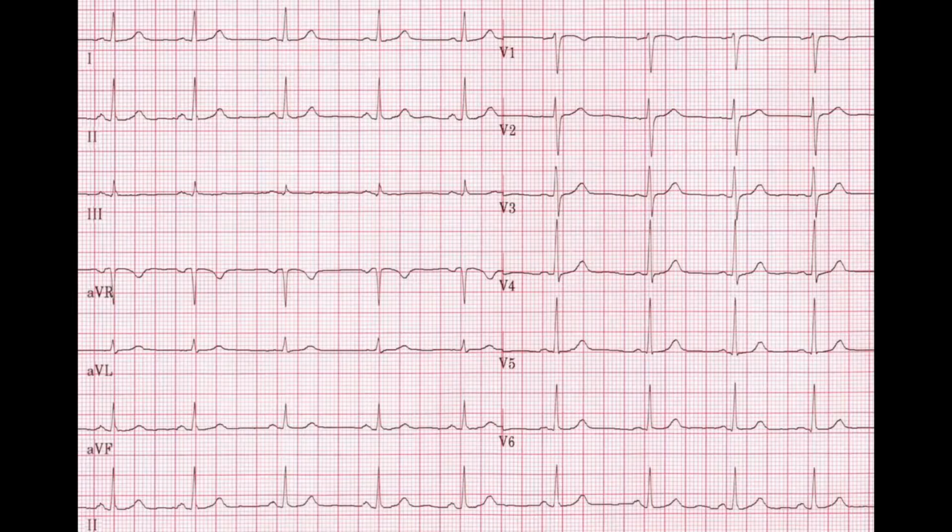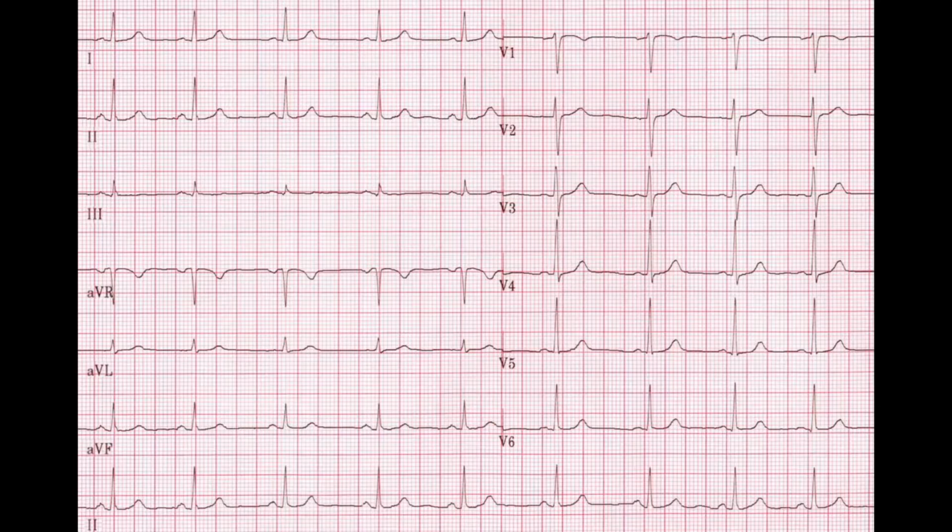And the P waves of ectopics, which are coming from the atrium, will be of funny shape, they will be pointed or angulated or straight or whatever, and some will look like normal sinus rhythms. So that is how you differentiate a normal sinus rhythm from an atrial rhythm.